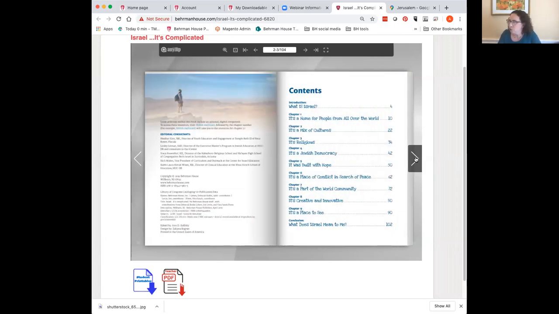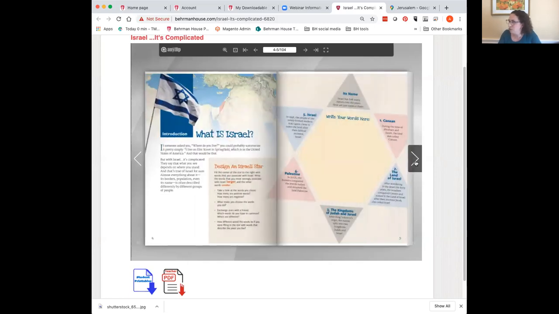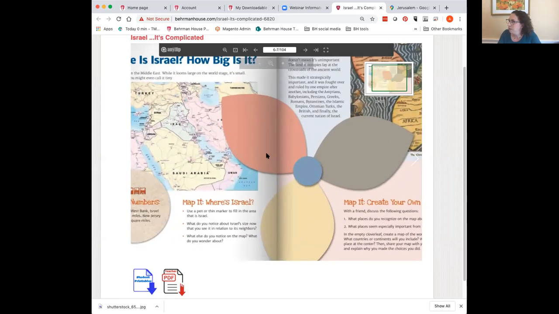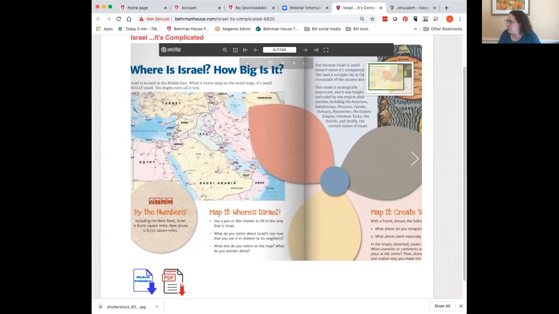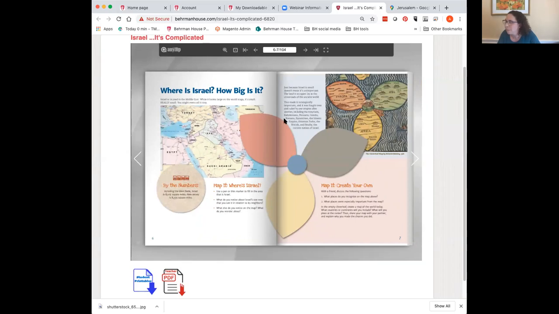It's an exact duplicate of the physical book. It has the same page numbers, the same everything. You can zoom in, you can move around. If you use Zoom, there are a lot of tools built into the functionality. So you could annotate, you can draw things like that, depending what you want to highlight. Oops, I'm still in annotate. Okay, so let's see how you might use the turn page